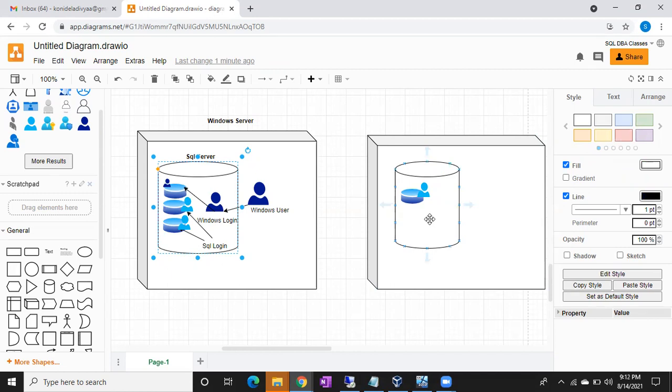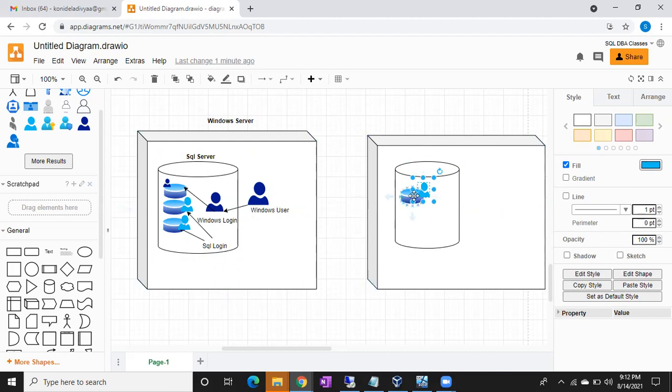Login is there, user is also there, but they are in different locations, like missing cases. The child will be in a different city or town, and the parent will be in a different city or town. So they don't have a bond now. Both exist, but they don't have a bond now. You can call that particular child an orphan, right? In the same way, if you restore the database in another server, the users will come along with the database, but the logins won't come, right?